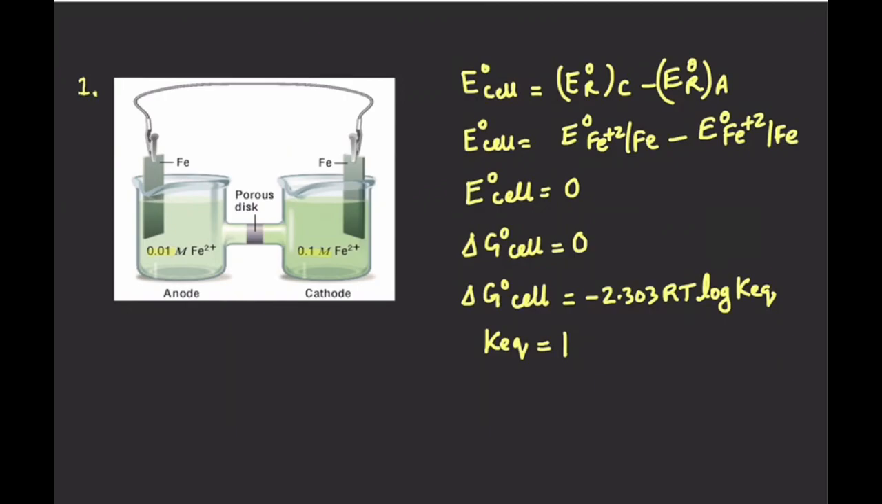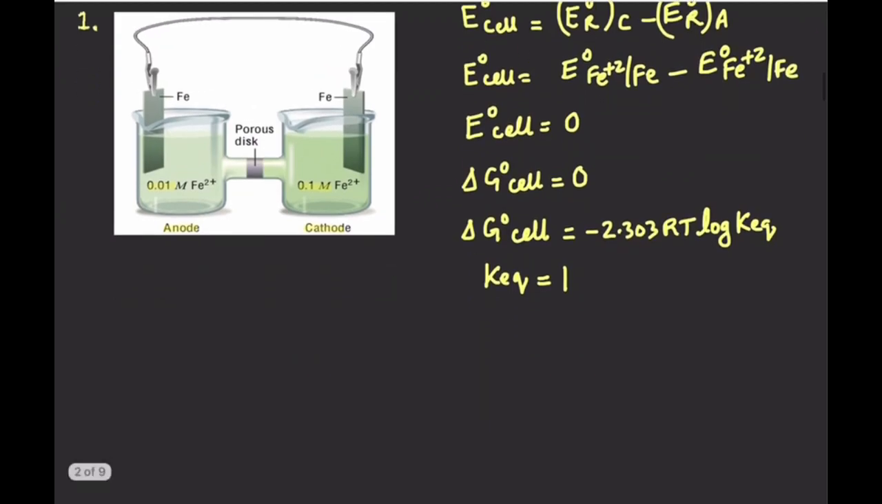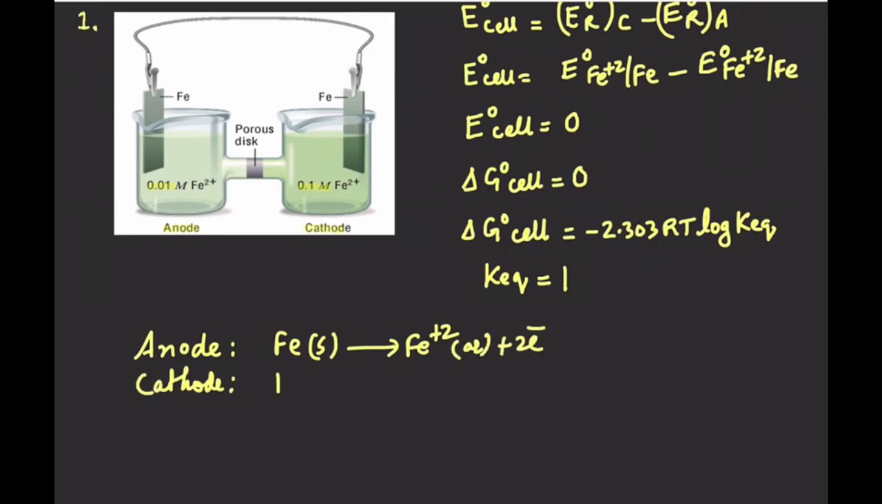On the left hand side the concentration is 0.01 molar and they are saying that left electrode is anode, and on the right hand side the concentration of iron plus 2 ion is 0.1 molar and it is cathode. So if we write what is the reaction taking place at anode and cathode, we can write that at anode iron in solid state is converted into iron plus 2 in aqueous state plus 2 electrons. At cathode the iron plus 2 ion present in aqueous medium will accept 2 electrons to form iron metal in